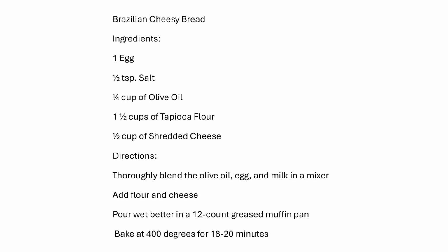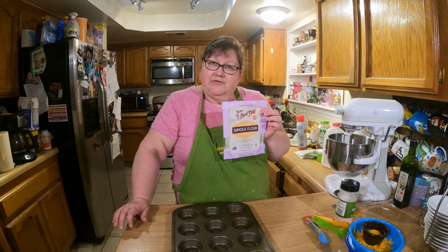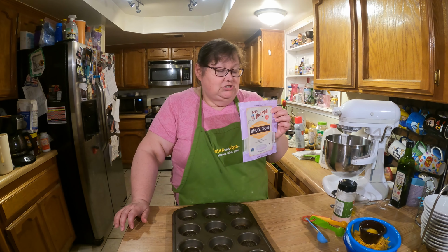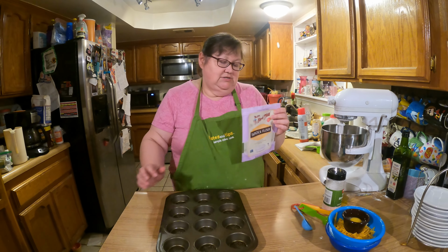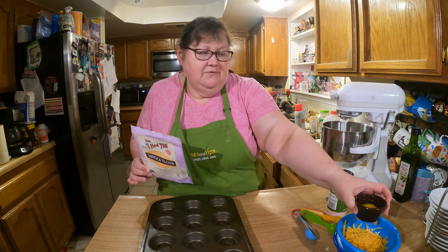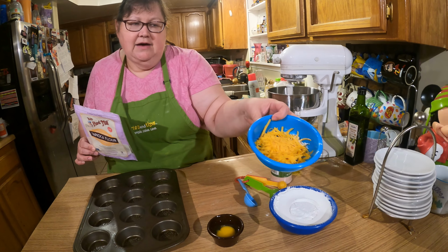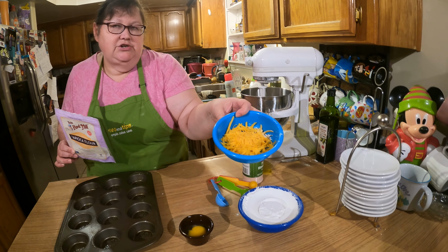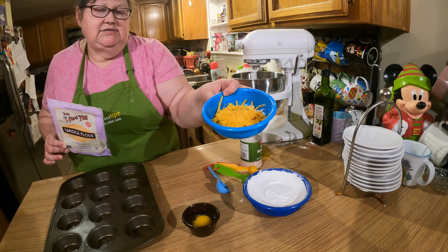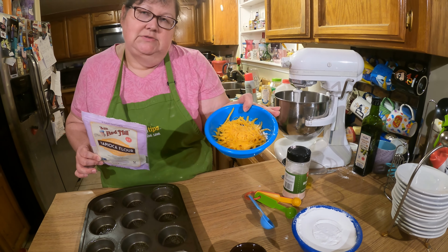And rather than regular all-purpose flour or any other wheat-based flour, we're going to be using tapioca flour. So that's one of the ingredients. And we have 1 egg, half a cup of shredded cheddar cheese, and this is shredded off the block, because off the block is better,